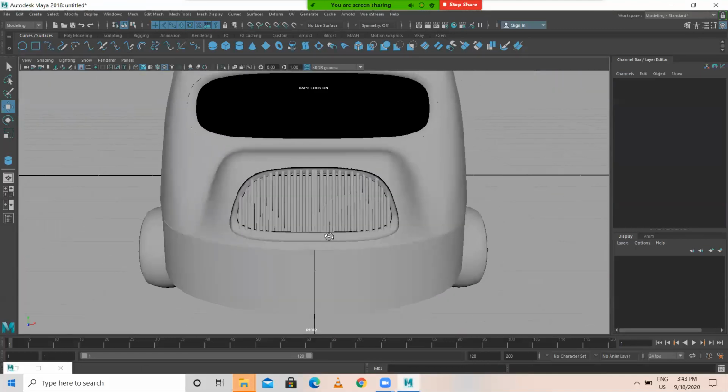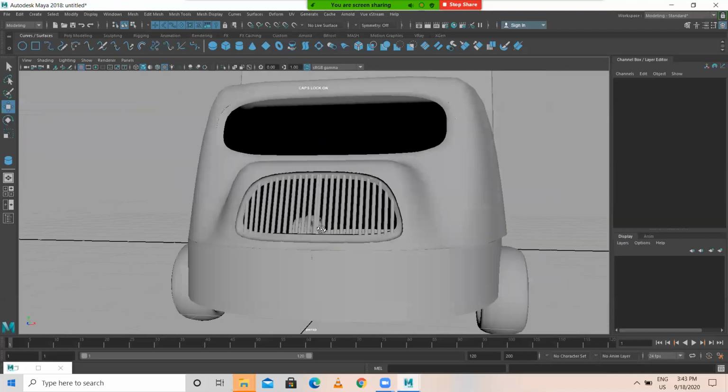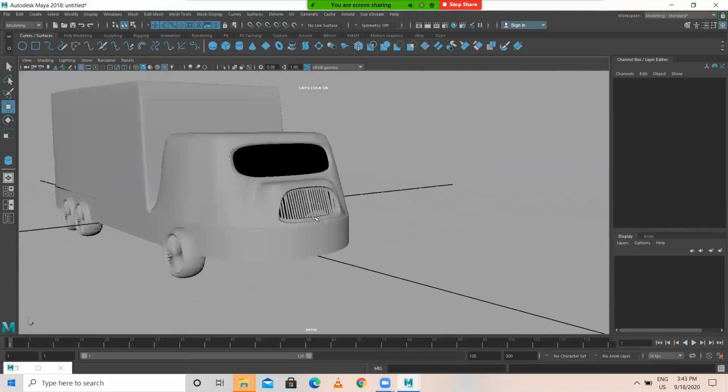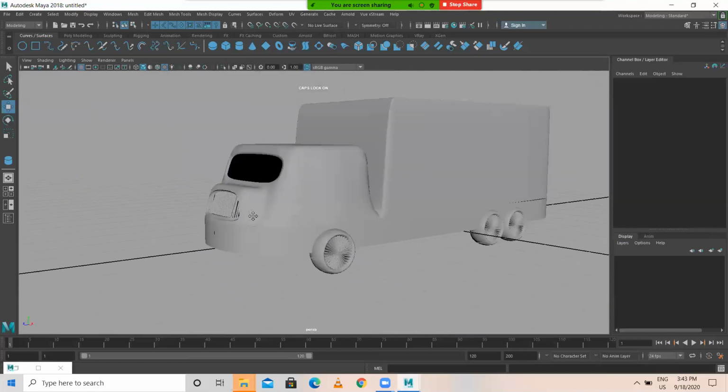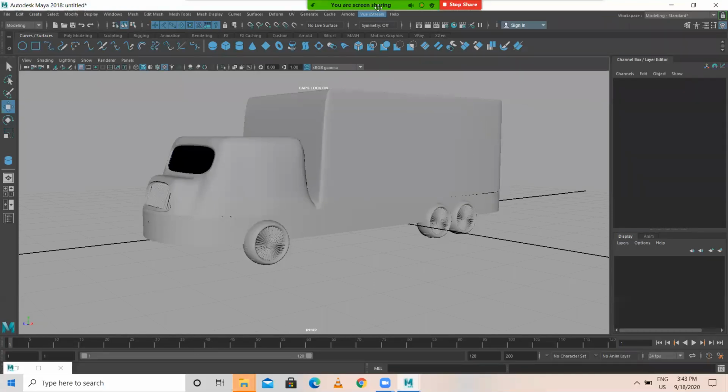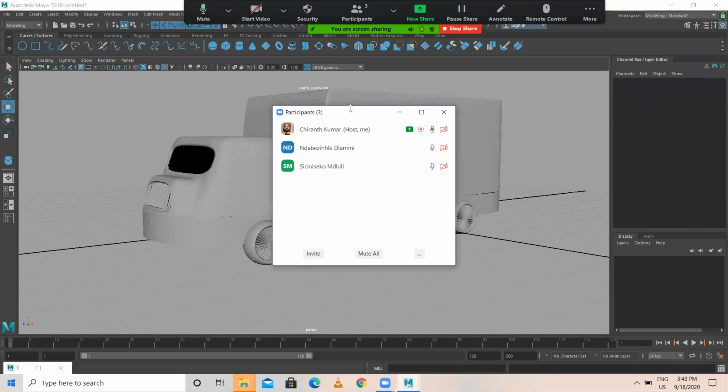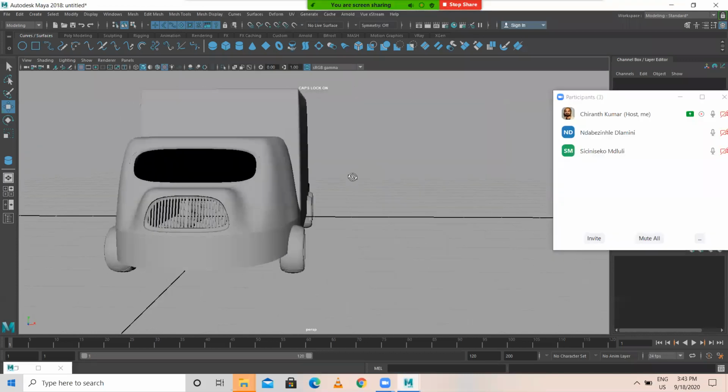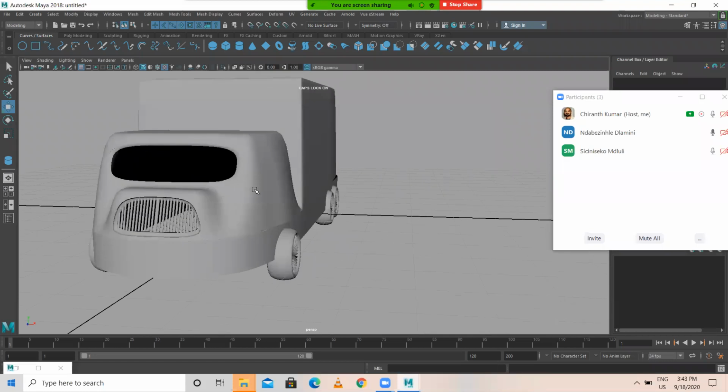You have to create something like this, kind of a grill. After this, texturing and all we'll see later. How to do coloring and all, we'll see that separately later.